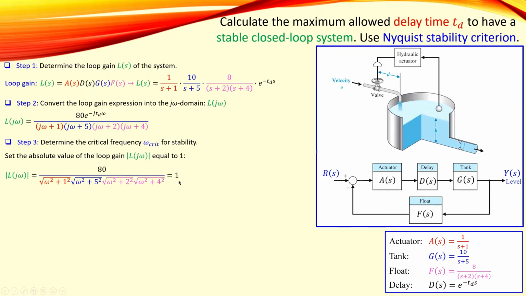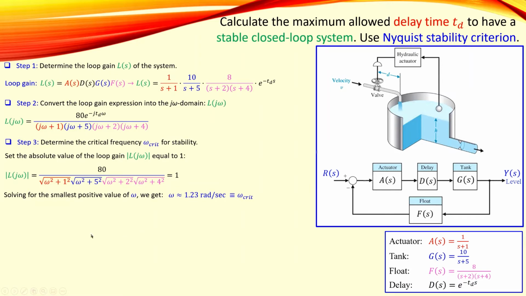Now if I just set that equal to 1 and solve this for the smallest possible value of omega, I will get the critical omega value, which is 1.23 radians per second. Now I will use this in the next step. Since I now have a specific value for omega, I can say, okay, for this transfer function at this frequency, I know what happens for the stability, because this is the edge, and that means if I have a unity gain and then also a phase shift of minus 180 degrees,